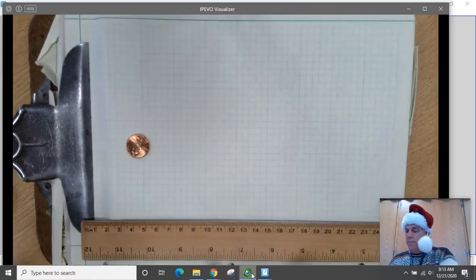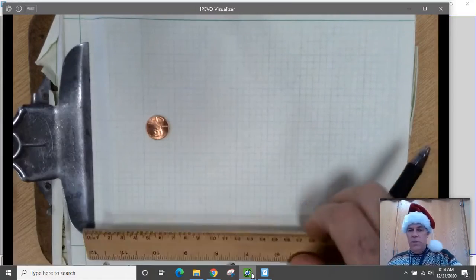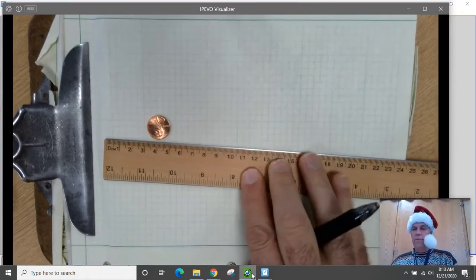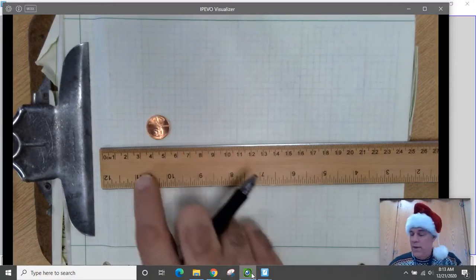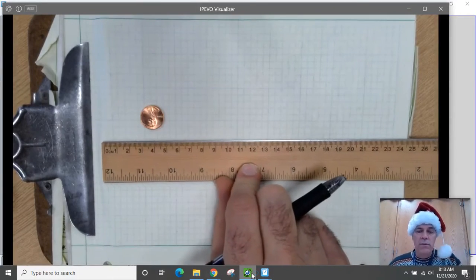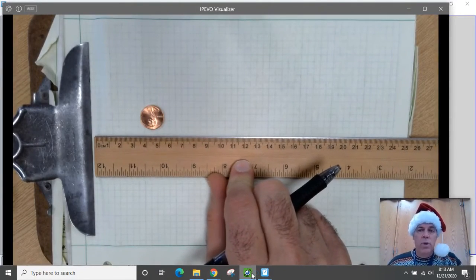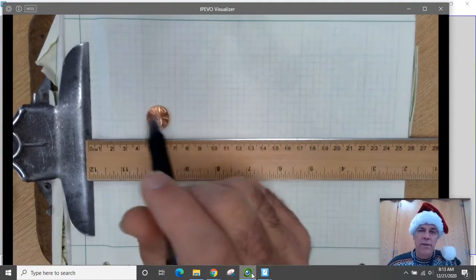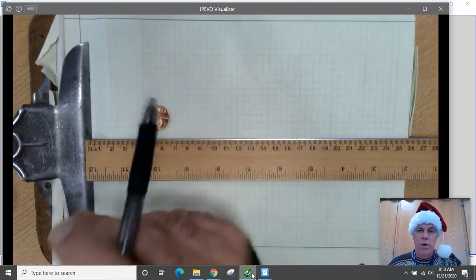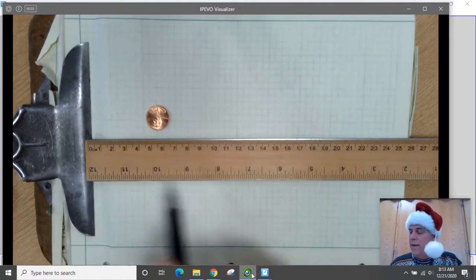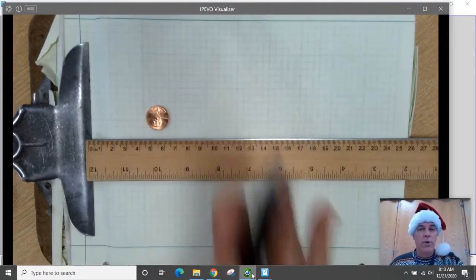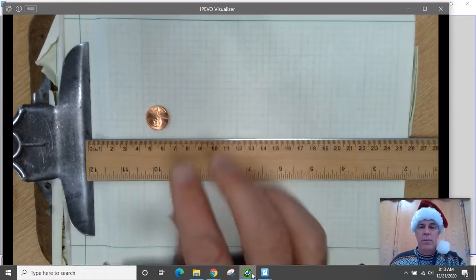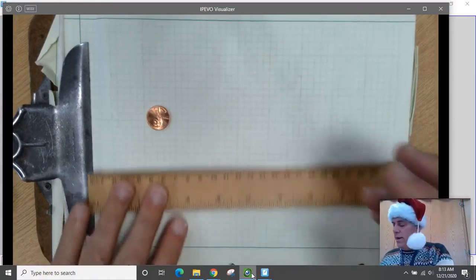Okay, so for this, you need a penny and you need a ruler with centimeters on it. If you don't have a penny or a ruler with centimeters on it, you can use any circular object like the top off a ketchup bottle or a quarter or some washer or something like that. And then we can create a ruler. And I will show you that at the end of this. But first I'm going to show you how to do this for a penny